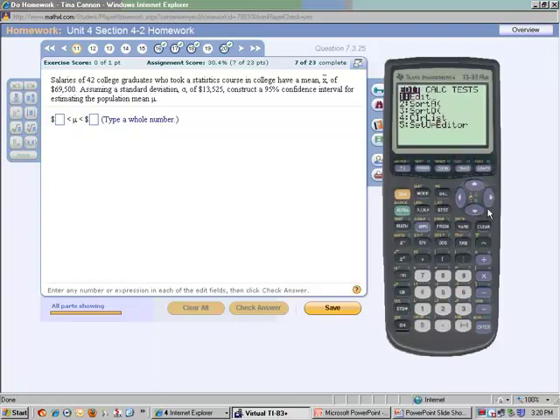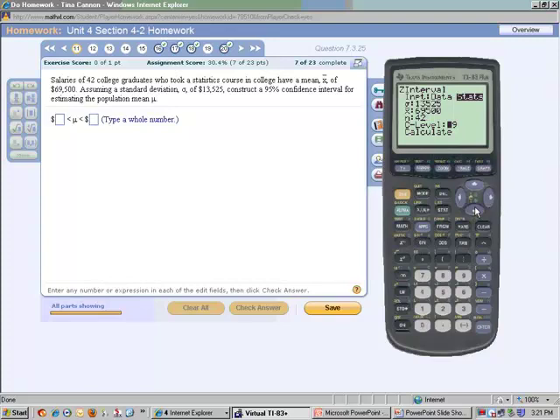I'm going to push Stat, move over to Test. Now, this one says salaries of 42 college graduates, and the mean is 69,500, assuming a population standard deviation. What that means is we will have to go down to number 7, the Z interval. We're going to use Z instead of T. We have the statistics. Our standard deviation is 13525, and the mean is 69500, and the number in the sample is 42,